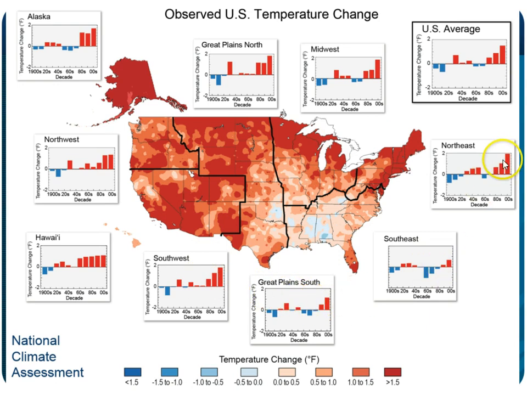Everywhere is changing by the time that you get past the 1960s, 1970s. Everything is changing pretty significantly. There are a couple of places that aren't, right? The Great Plains in the south and here in the southeast, but that's because you have this water here that helps mitigate some of the temperature change just because of the nature of sea breezes and things like that. But overall, everything's getting hotter.